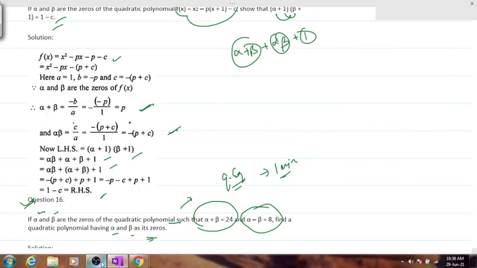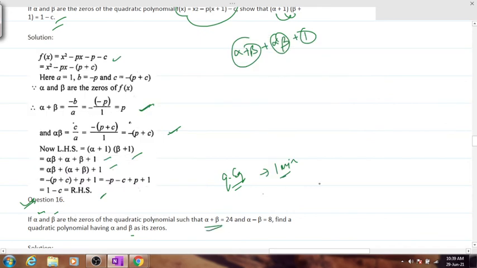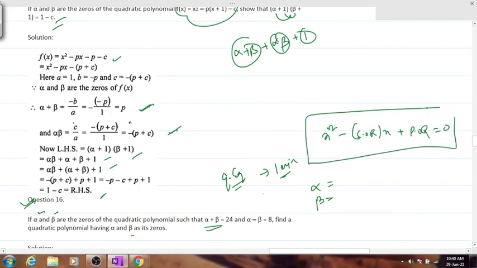Hurry up, type it out. You just have to find out here alpha and beta. Tell me what is the value for alpha and beta, and then use the formula x square minus sum of roots x plus product of roots is equal to 0. Sum of the roots is not required, 24 already given. Alpha into beta, what will be alpha into beta? Anyone? Sir, alpha will be 16. Alpha will be 18. Sir, 16. And beta? 8? Yes, sir. Multiply this thing, find the equation.